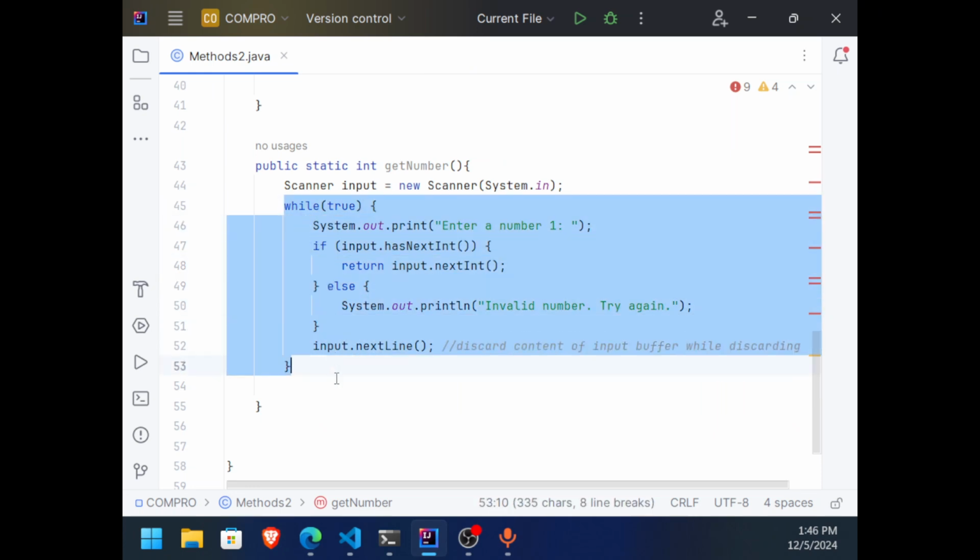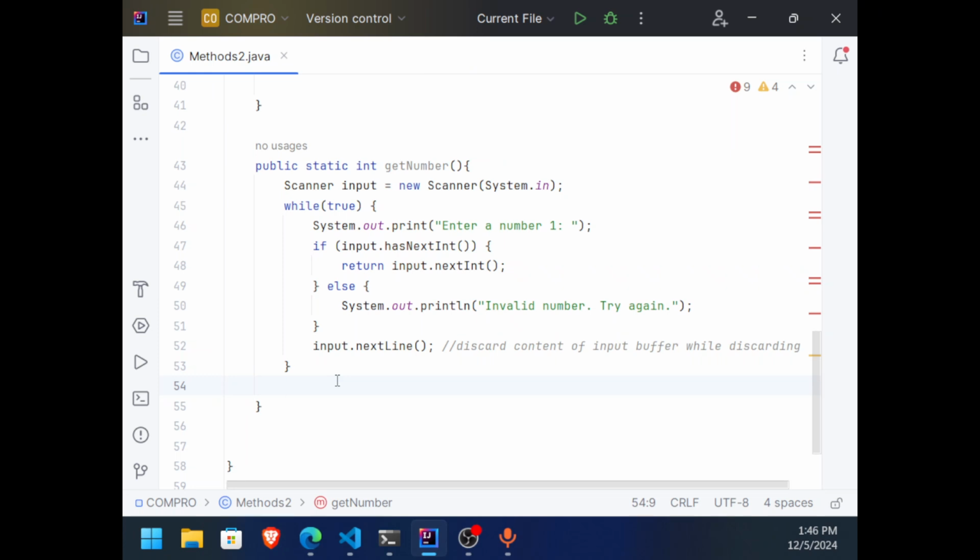We don't need to add a return statement here anymore. That's the logic of that. And notice also, guys, that I removed the break statement because it is not necessary anymore. So one role of the return statement is to break a loop.